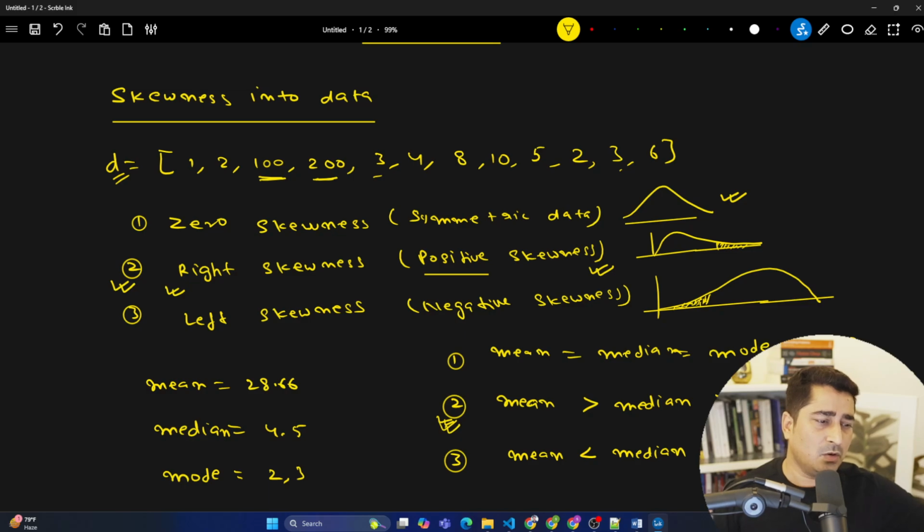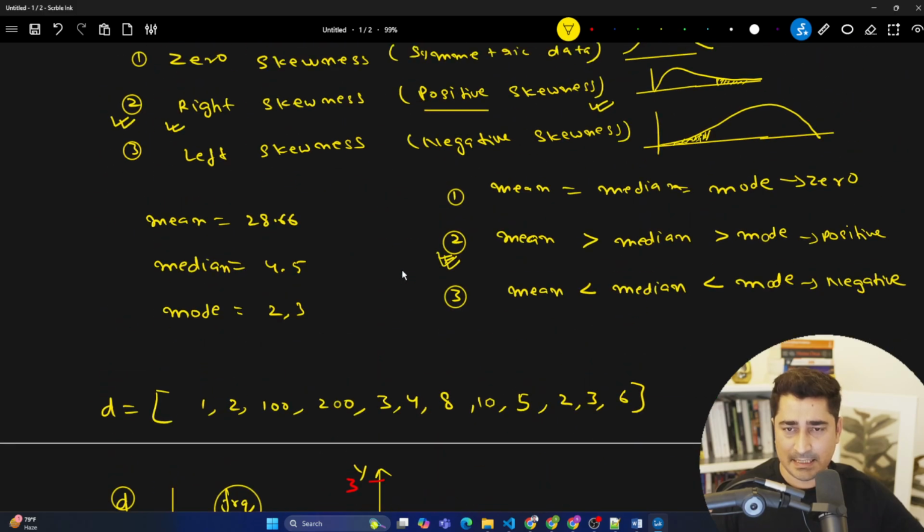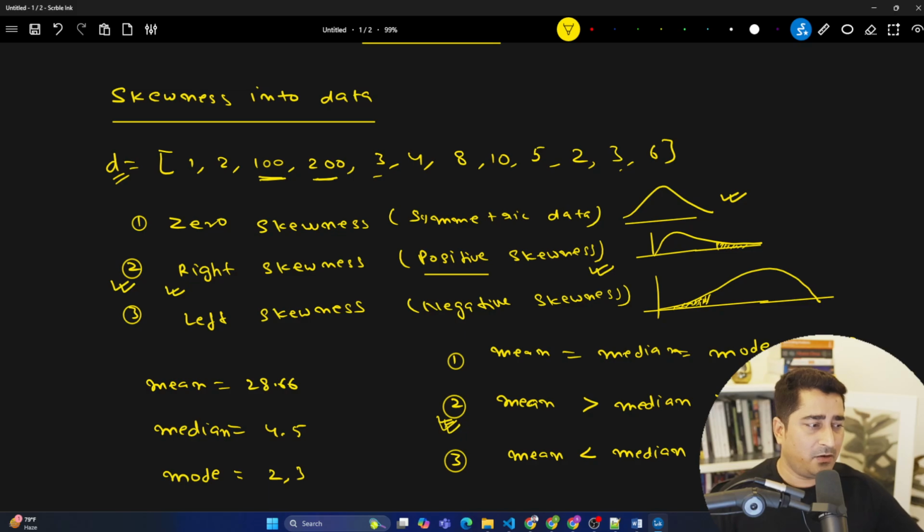Now, as I have talked about a normal distribution with respect to this particular data, what is basically the meaning of normal distribution, and how will I be able to find out whether my data set is normally distributed or not normally distributed? Because whenever you get a data set, you have to figure out whether it is normally distributed, or not normally distributed, or whether it is falling under a normal distribution, a standard normal distribution, or a Gaussian distribution.